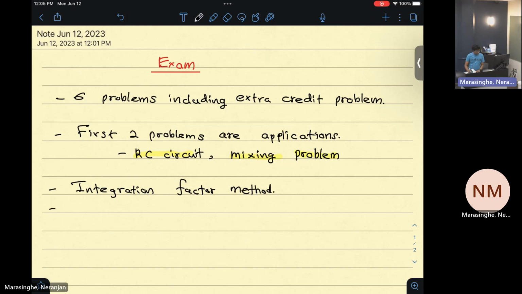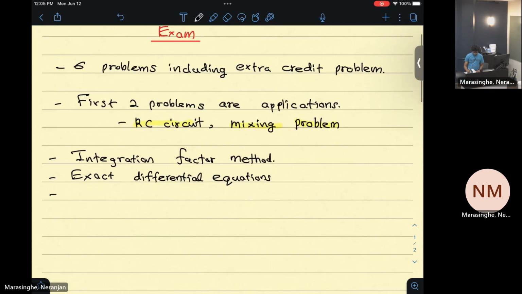And exact differential equations. And we discussed 2 substitutions, Bernoulli's substitution and the y equals ux substitution. I would test one of them. Okay, so 2 applications problems and 2 problems from these things, and